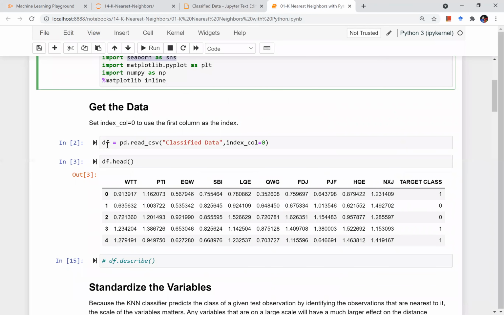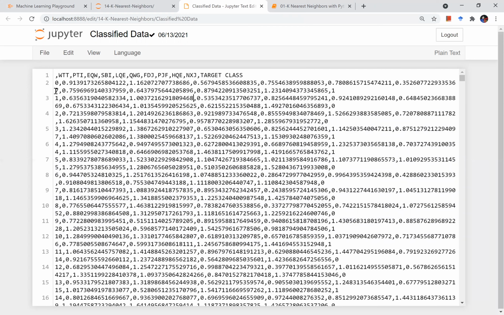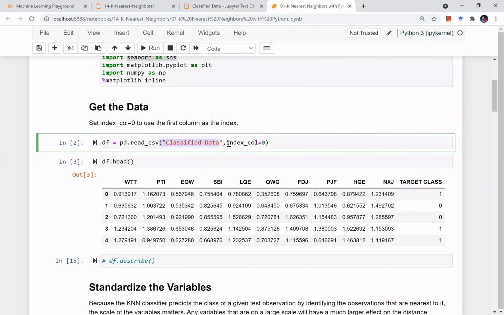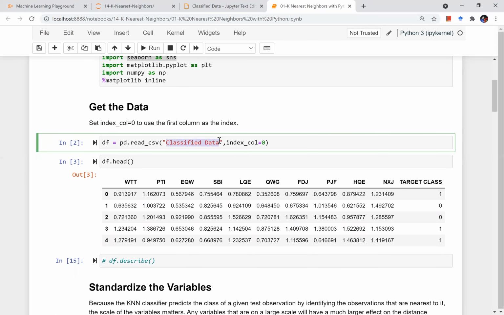I'll just use the pandas read CSV method to read this file, and the index column is the first column, right? The first column is 0, 1, 2, 3, like that, so it is itself kind of a sequence. So I will identify that with index column equal to 0. This means read this CSV file and treat the 0th column as the index column, right?